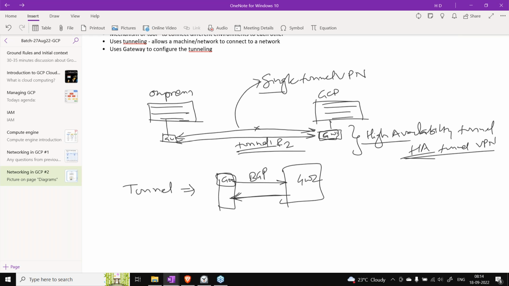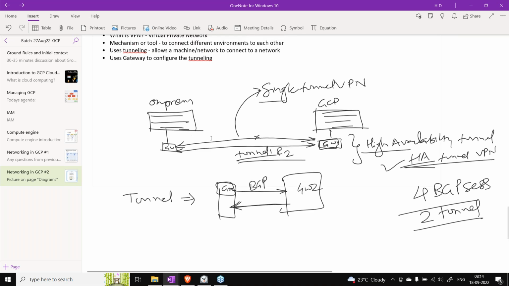So it creates BGP sessions for a tunnel. One tunnel is made up of two BGP sessions. Similarly, if you create an HA VPN with two tunnels, you will have four BGP sessions. I hope this much is clear from the VPN perspective.